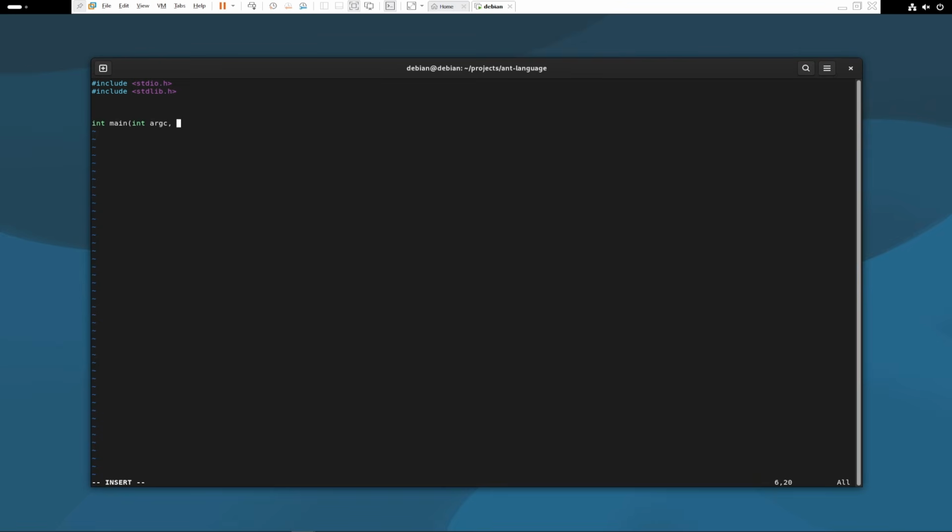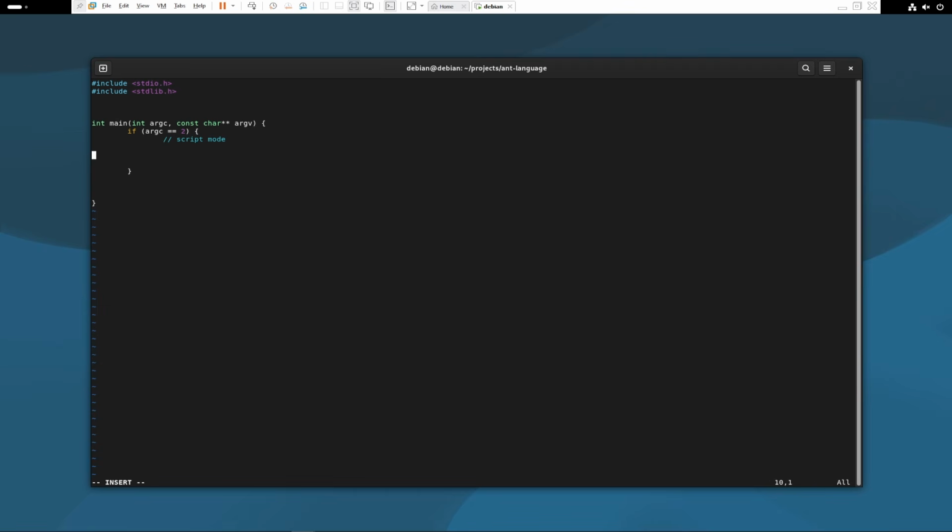We need to read arguments, we need to get arguments from the user. So if the count of arguments is 2, then we are in the script mode,